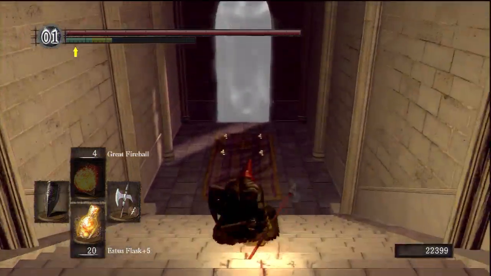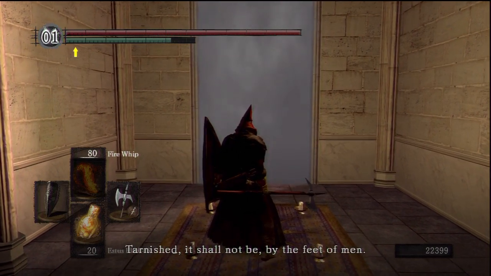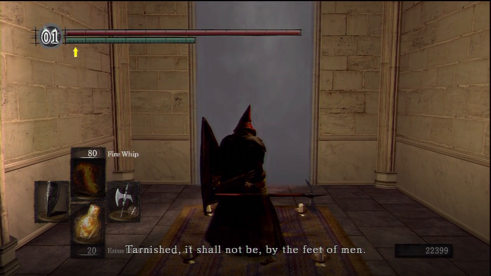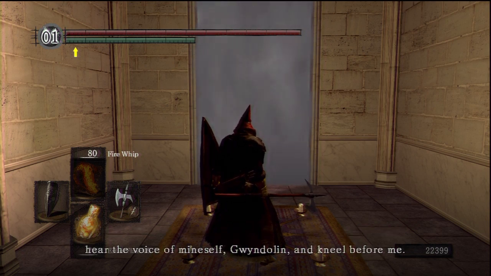Yeah, essentially. So you go down here. This is also how you would join the Dark Moon Covenant, is you would kneel here and join the Covenant. If you do not want to join the Covenant, just proceed straight ahead, go through the fog and kill the Dark Sun Gwyndolin. Now, for this you definitely want a high magic resist shield and or armour, because all of